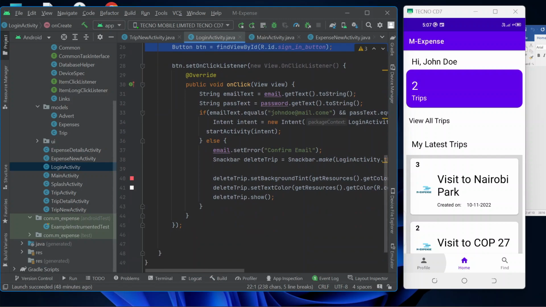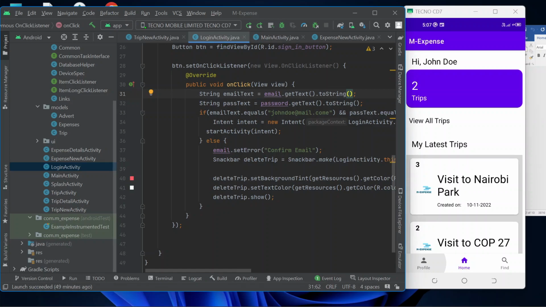Using this event listener, the click listener, we are able to listen. We take this view and display it. The text box was showing the email, and we are getting the user input,